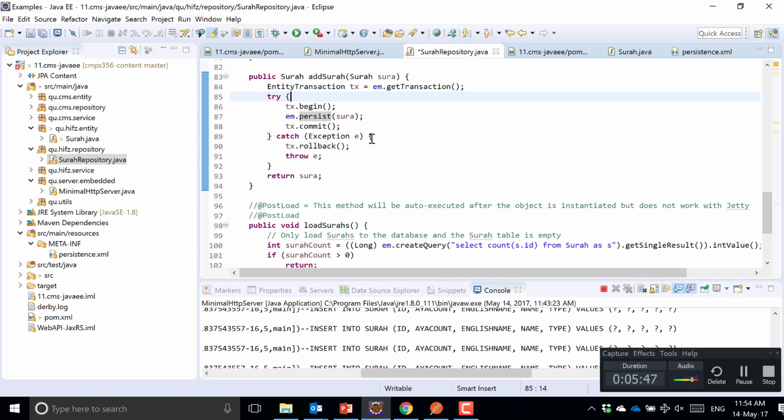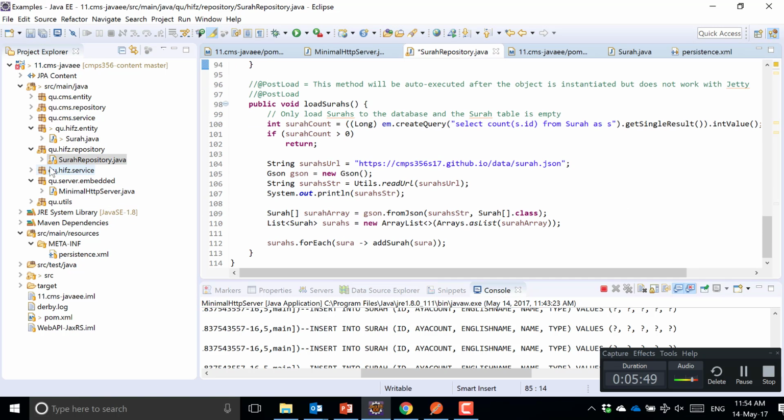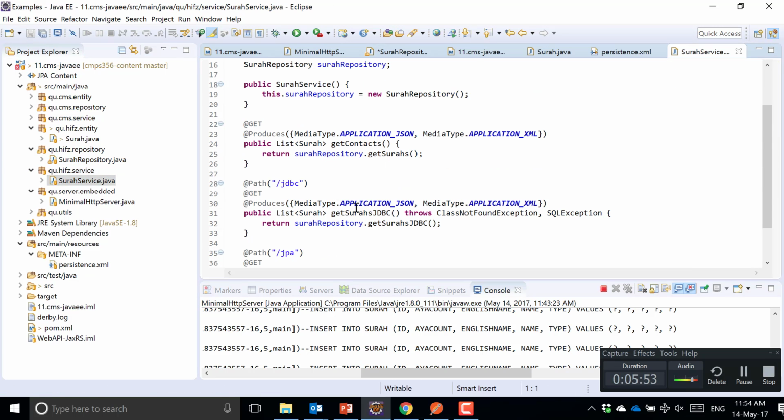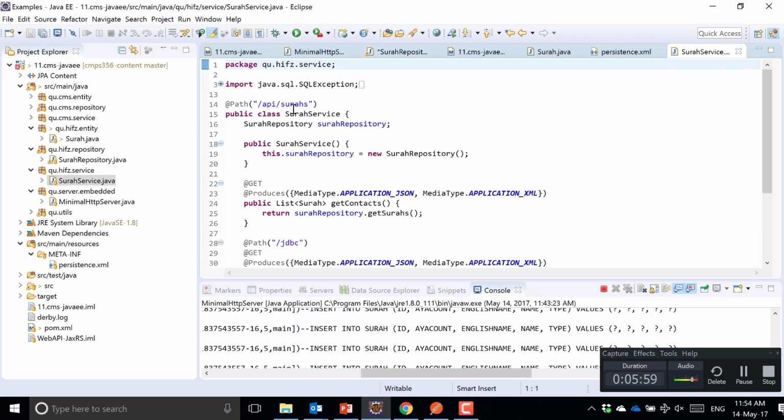Now, once my repository is working, I can call it from the service. I think I explained this last time, if you remember. I said, if someone comes to /suras/API/suras, they will end up in here. I'll get them from the repository and return them, and they will be auto-serialized to either JSON or XML. That's it. I hope